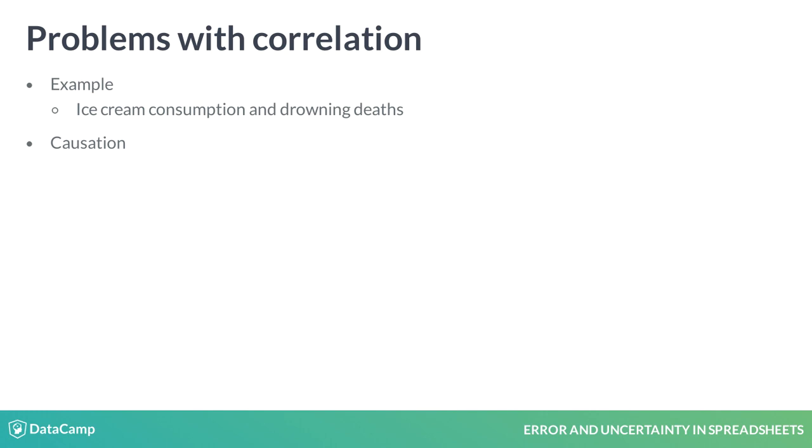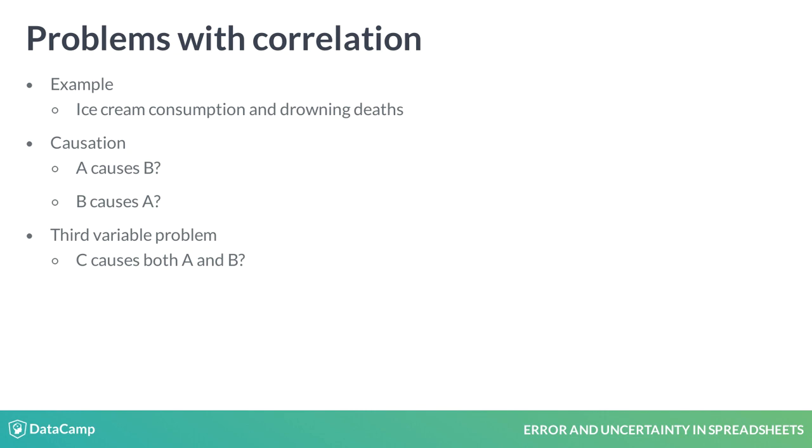Not necessarily. For example, we don't know whether eating more ice cream causes people to drown, or whether people drown their sorrows by eating ice cream after loved ones drown. Furthermore, it could be that a third variable is responsible for causing both things to change. In our example, people swim more in the summer months and eat more ice cream in the summer months when the temperature rises. So this is potentially a mediating factor for why a correlation exists between ice cream consumption and